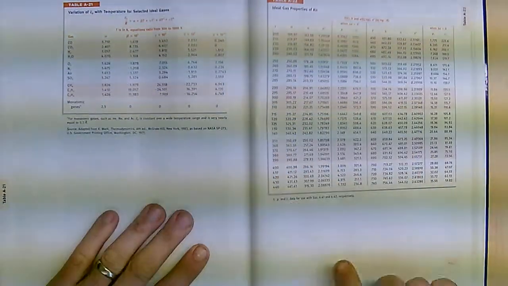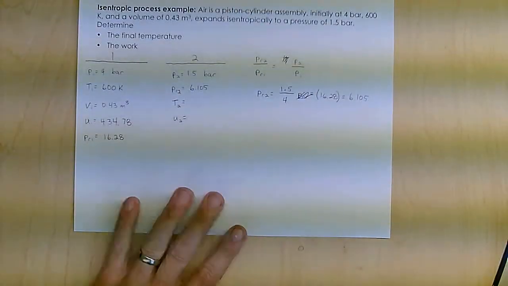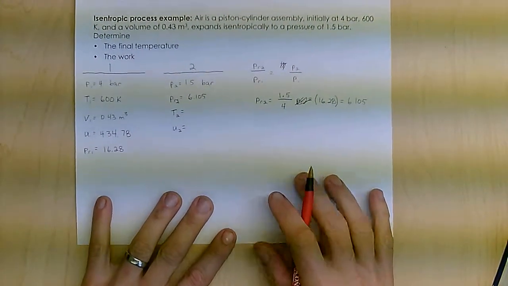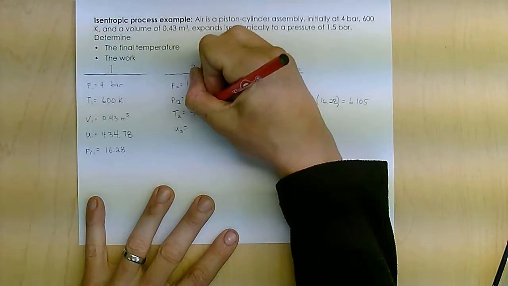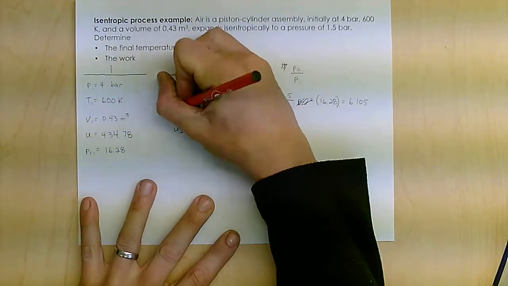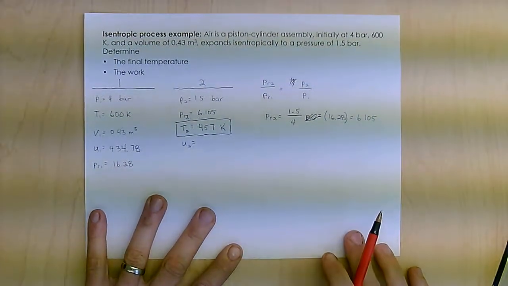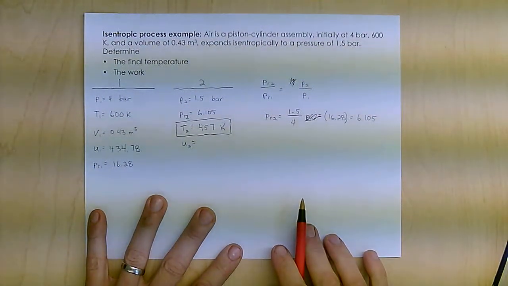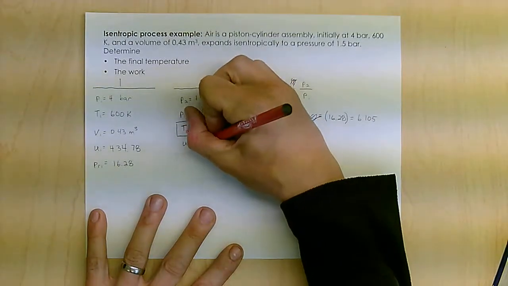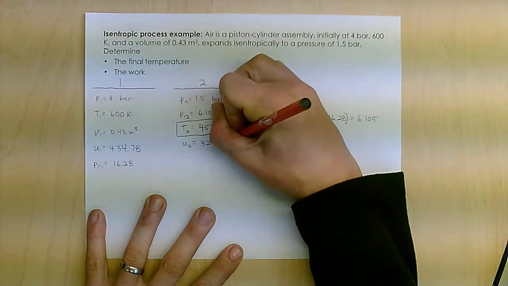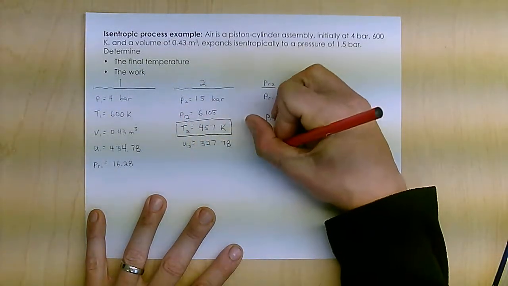Okay, so I use that PR value because it's an isentropic process for air. And I find that T2 is 457 Kelvin, which is the final temperature that I'm looking for, and U2, which is 327.78. So then I can find my work,